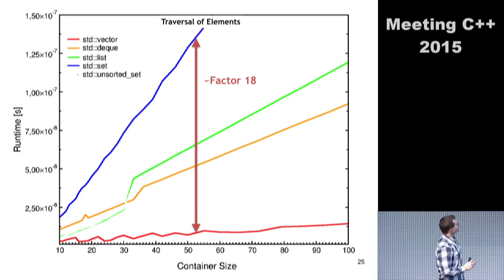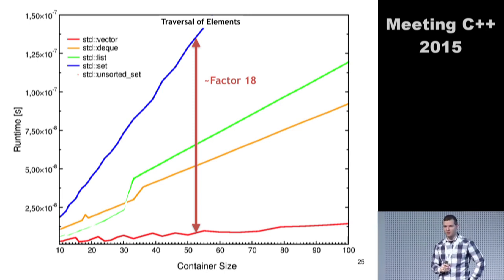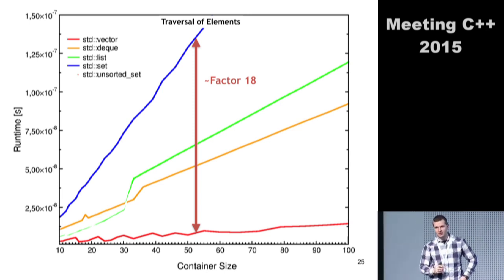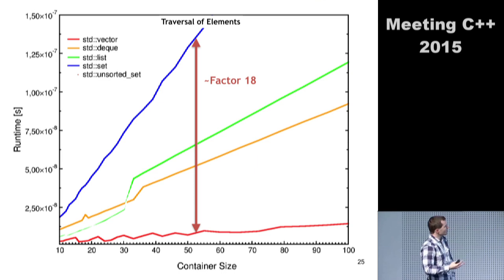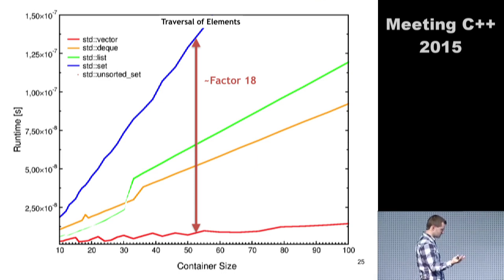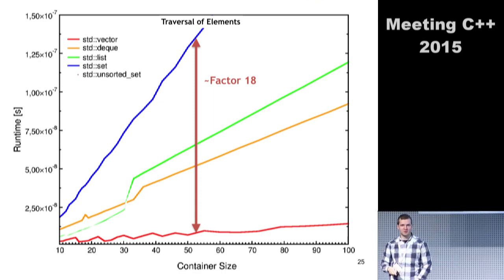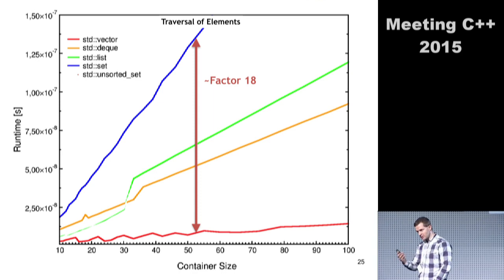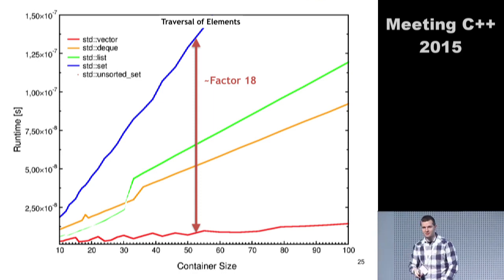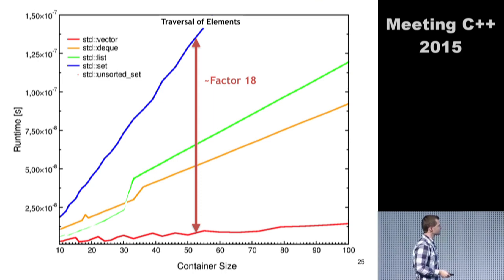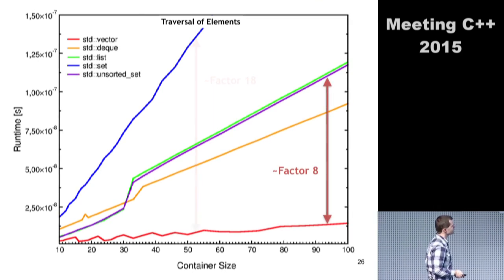Okay, an unordered set. This is probably one of the things that you wonder, okay, how will it perform? Which data structure will it resemble mostly? It has about the same performance as a list, which basically proves the claim that it is internally implemented as a list. So very close to list, a little faster. This is measuring accuracy.